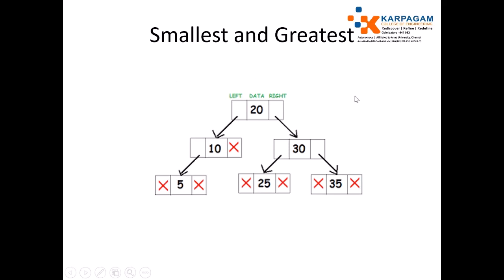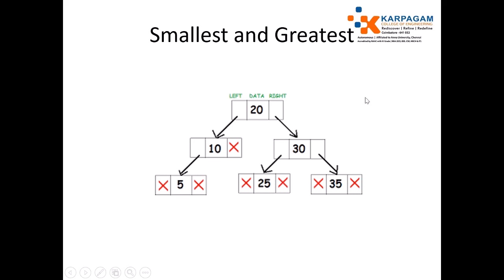I start with finding the smallest and greatest element in a binary search tree. Consider this is a binary search tree because the node which is higher than a particular node is available on the right side, and lower than the particular node is available on the left side. Consider the root node name is R. The next left node may be accessed by using R equal to R of left, and the right node can be accessed by using R equal to R of right.